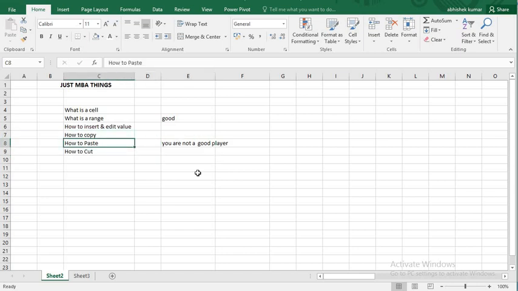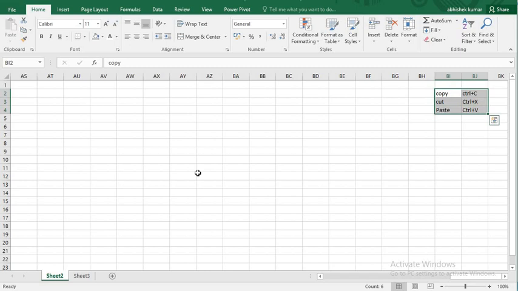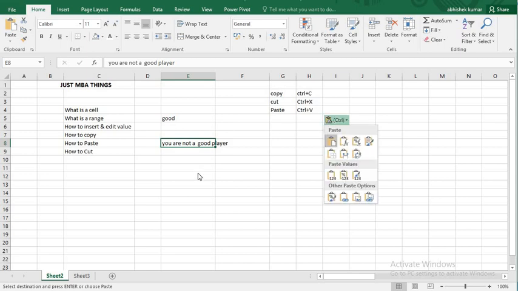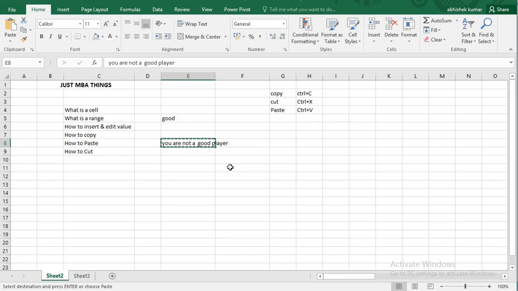Now, how to copy, cut and paste. This is an important function of a cell in Excel, very important. The shortcut we use for copy is Ctrl plus C, for cut it is Ctrl plus X, and for paste it is Ctrl plus V. Let's say this is the data, and we use Ctrl plus C to copy it. You can see that the cell gets highlighted. Now we want to paste it. We can paste it in any cell. Let's say I want to paste it here. So I will press Ctrl plus V, and it will get pasted here.